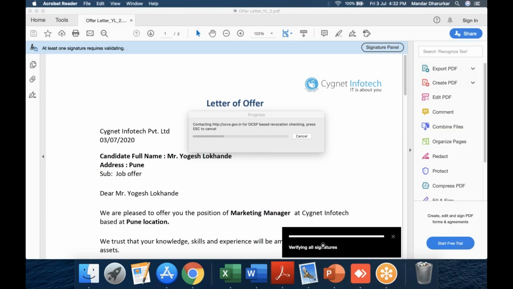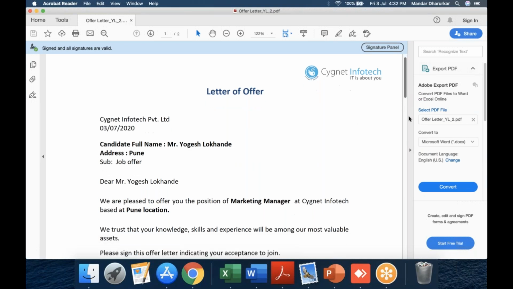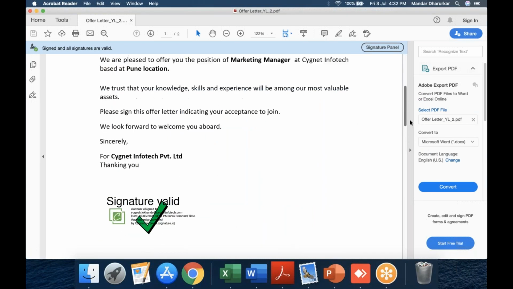So you've seen how simple the process was of signing a document using Aadhaar e-sign. Nothing you had to do. You just had to put your Aadhaar number, put your OTP, and that's it. The document was signed so easily. Aadhaar e-sign is a very, very secure way of signing documents, whenever you're sending documents to external parties, like your consultants, employees or new joinees. So this is a very secure way.